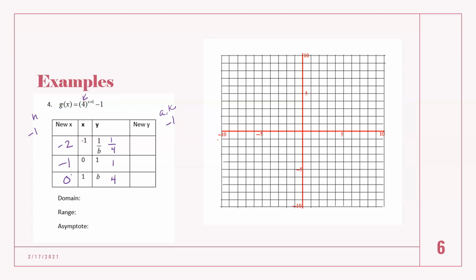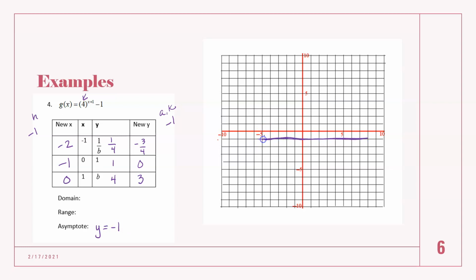Okay, let's go to the Y side. So I'm going to subtract 1. 1/4 minus 1 is -3/4. 1 minus 1 is 0. 4 minus 1 is 3. Okay, so I have a K. So that means that our asymptote is going to be y equals -1. So right here,